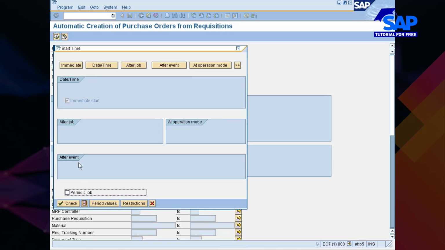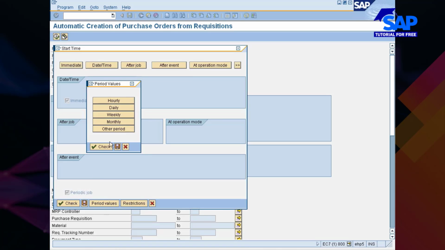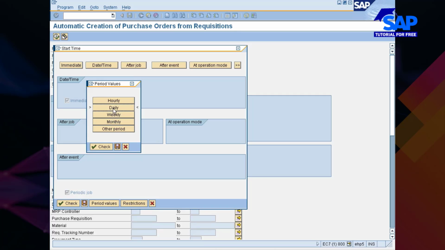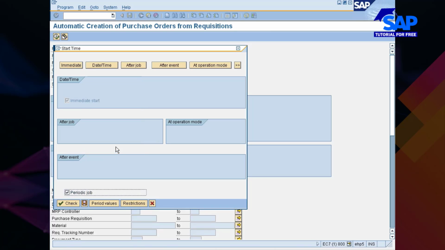If you want this to be run at regular intervals, you see here, at what frequency you want this auto PO creation to take place in your system, you just maintain it. For example, daily. Then check it,